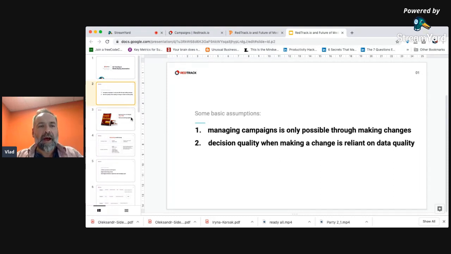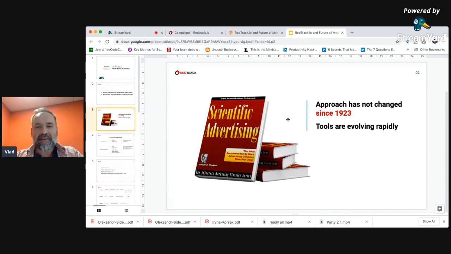And surprisingly, what we all do as media buyers is not new. It was first shared almost 100 years ago, publicly printed in this book, and you can get this book online. It describes the nature of scientific, for that time, experiment on running advertising campaigns. You basically create a hypothesis, you spend some budget, you get results, you analyze results, you make improvements to campaigns until you find the winning combinations. And that's what most of the affiliate marketers do.